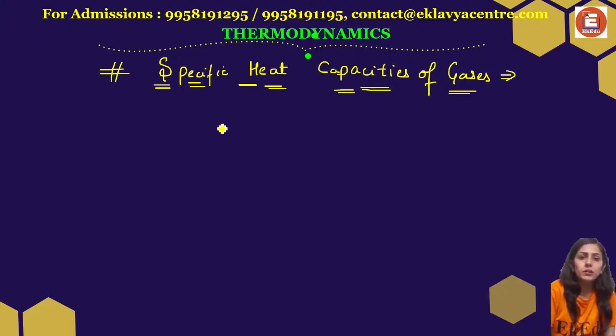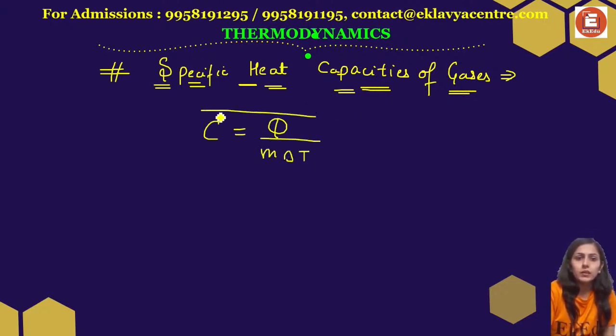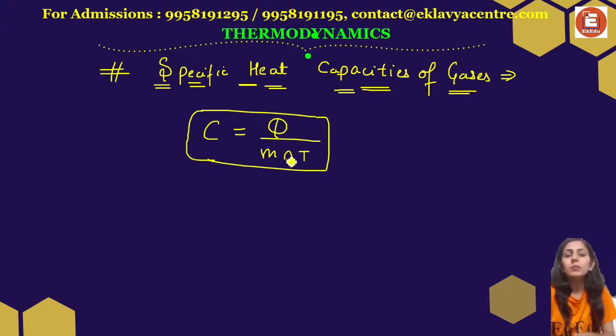I've told you the formula. The formula is Q upon M delta T. Now, what happens in this? So, specific heat capacity is actually the amount of heat required